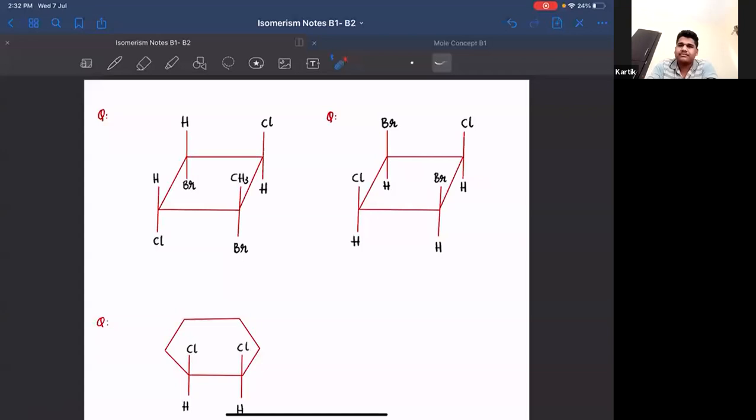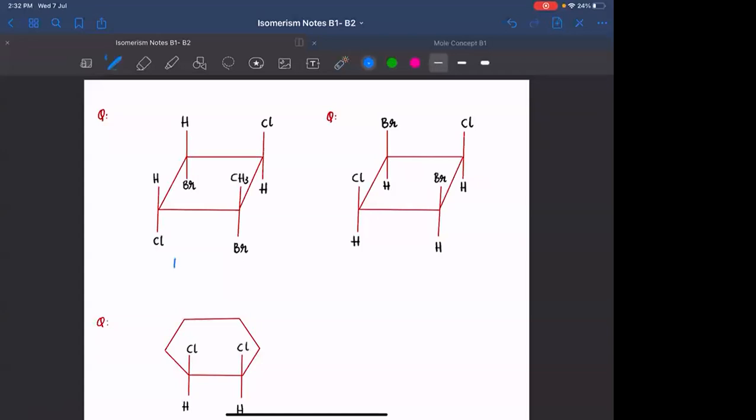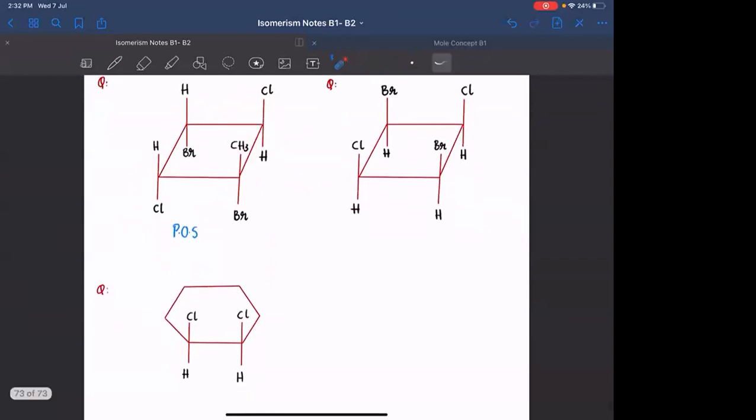Chiral. Is there any plane of symmetry? No, sir. Can you pass any plane? If I am passing it here, H यहाँ पे Cl है, नहीं होगा. If I am passing it here, यहाँ पे H, यहाँ पे CH3 है, नहीं होगा. Okay? Take any planes. On the plane जो भी atoms रहेगा, उनको check करने की जरूरत नहीं. There is no plane of symmetry.